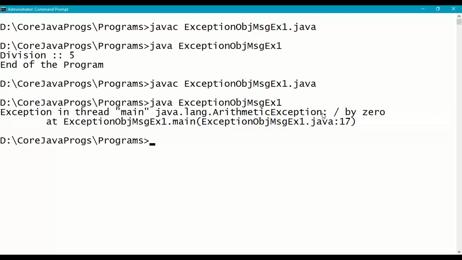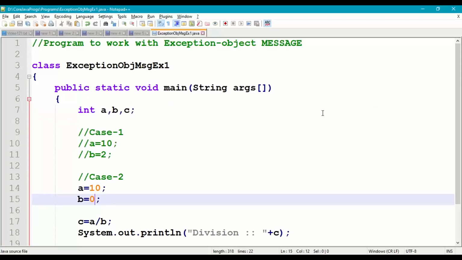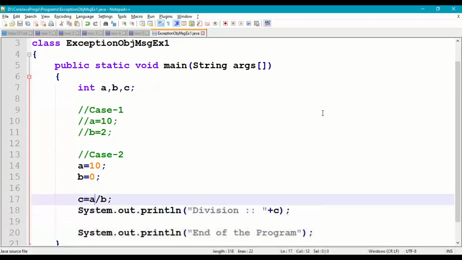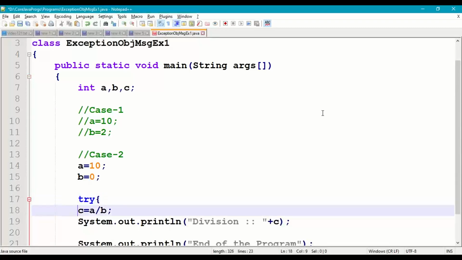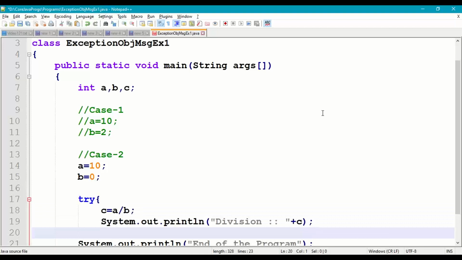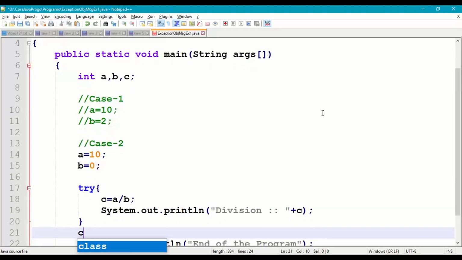Now we want to get only exception message with normal execution of program. So for this we'll use try for these two statements, and then followed by catch.